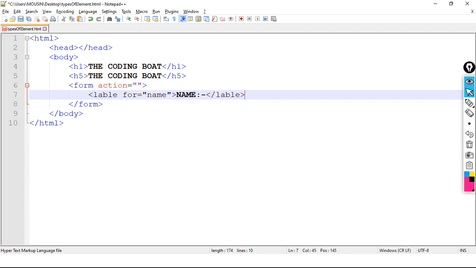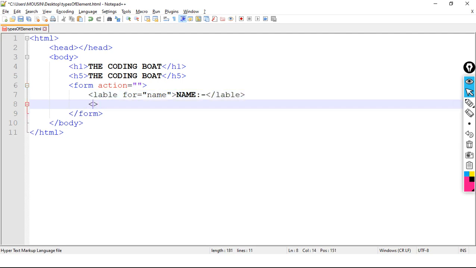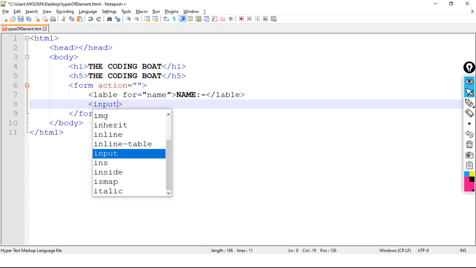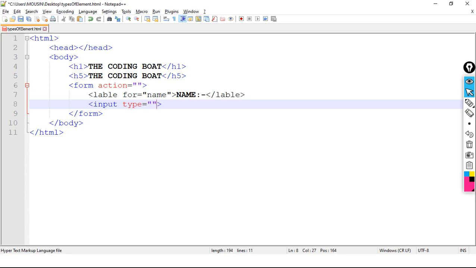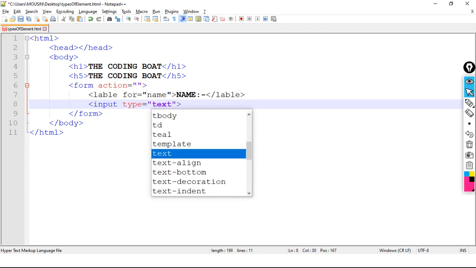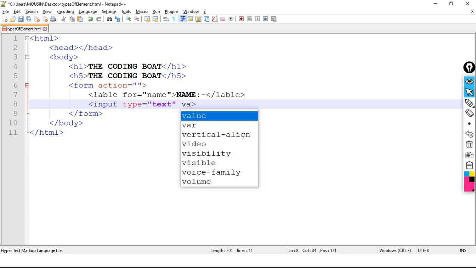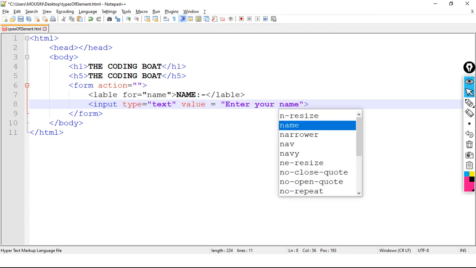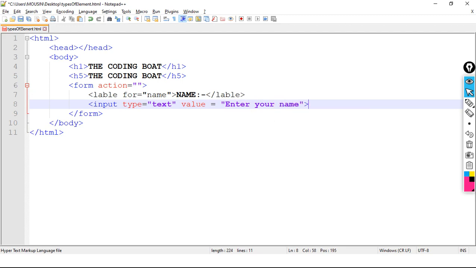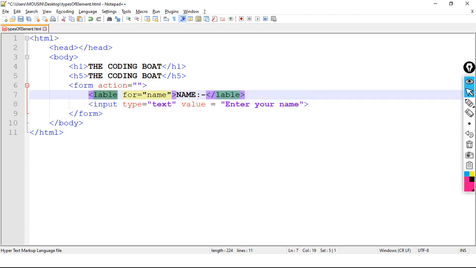And then we have input element, input type is equals to text, value is equals to enter your name. Now see, label is pair tag. Let me explain.